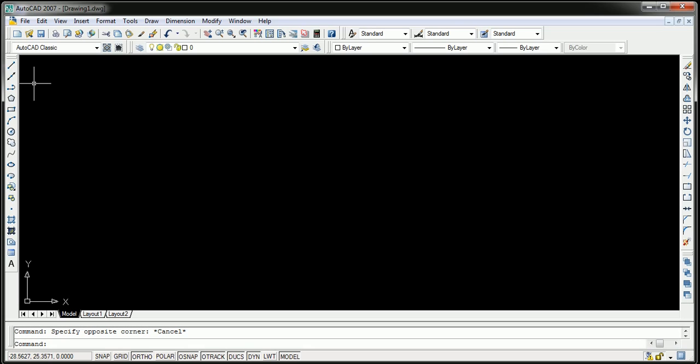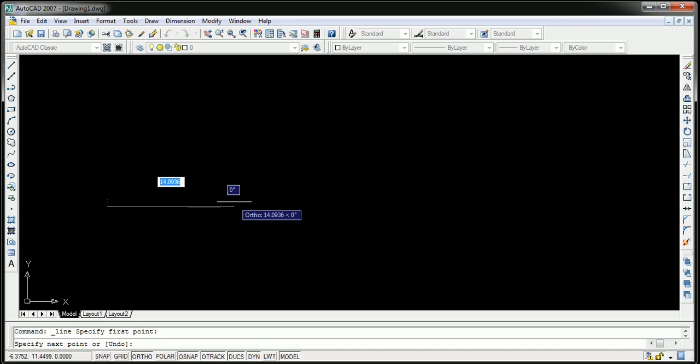So initially we just click on the line. As we click on the line command, it asks us to specify the first point. Here in the command bar you have the instruction given as specify the first point of your line. So as we specify the first point of our line, and further on as we shift the